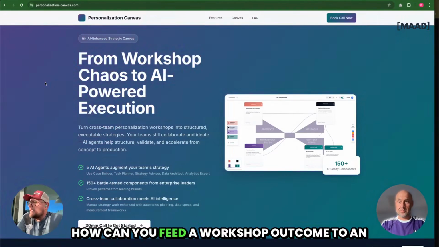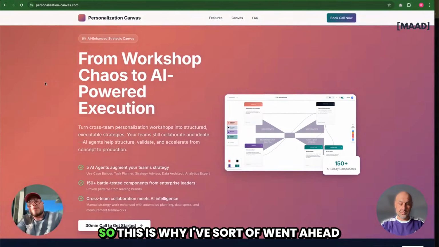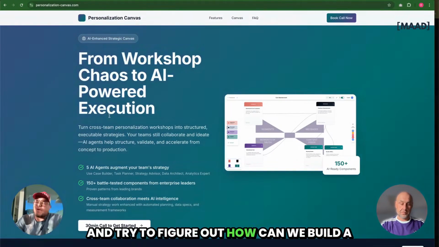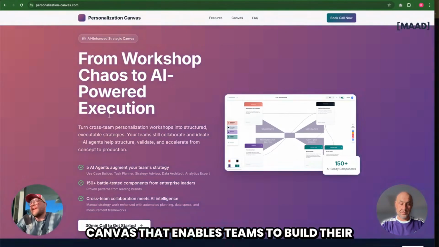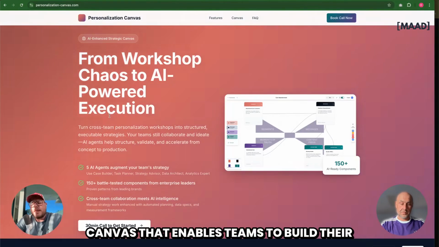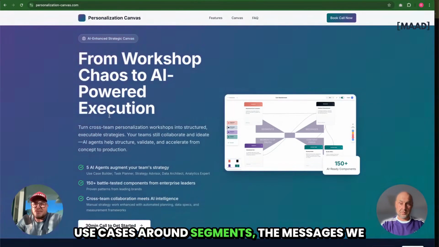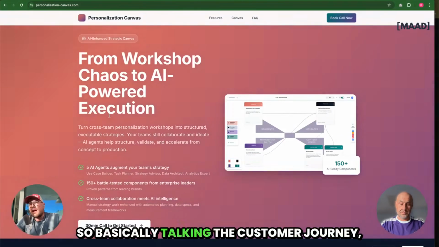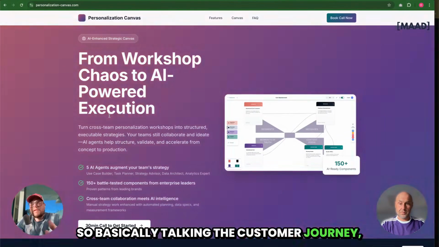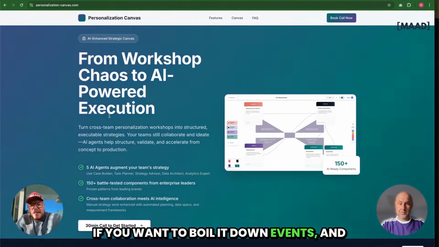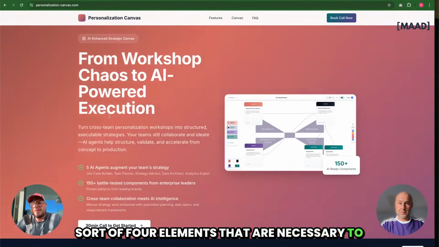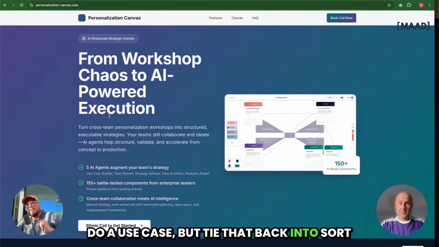How can you feed a workshop outcome to an AI so that it makes sense, right? This is why I went ahead and tried to figure out how we can build a canvas that enables teams to build their use cases around segments, the messages we want to use, the moments of truth. So basically the customer journey, if you want to boil it down, events, and then what content do we need. Four elements that are necessary to do a use case,